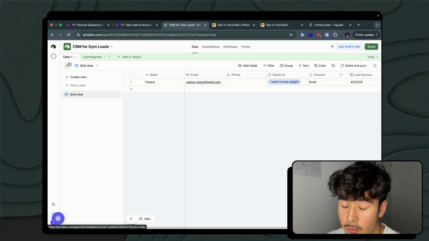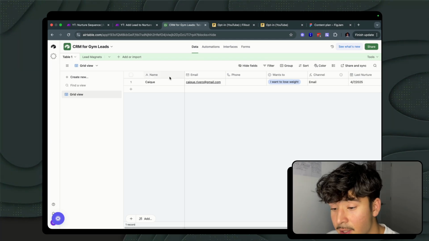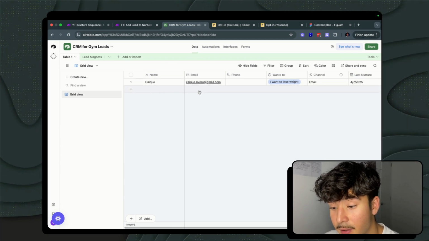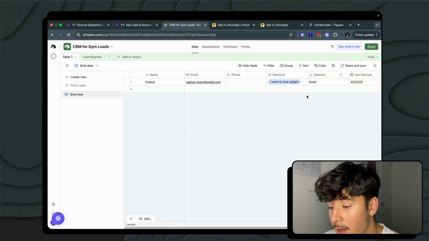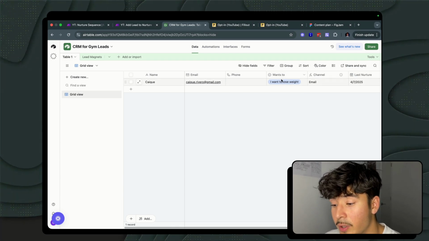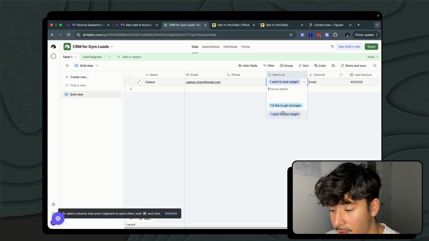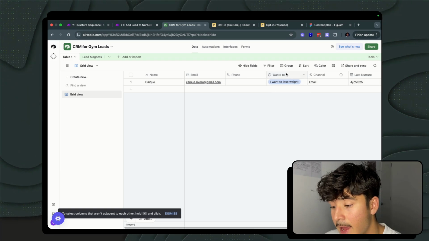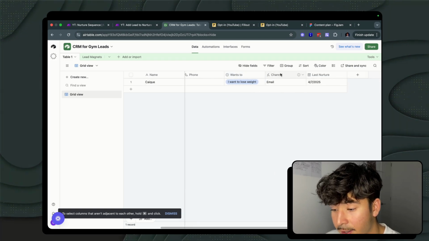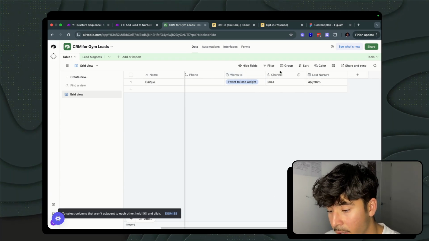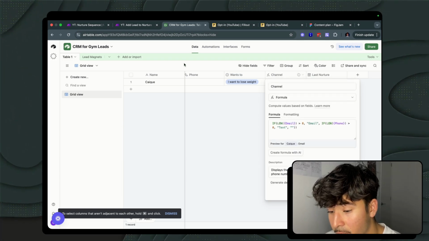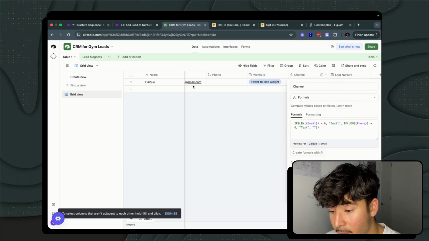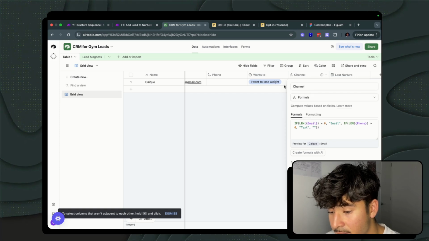One is table 1, which I should have named something like leads coming in. So here we have the name, the contact details, whether it's email or phone number, depending on what they replied with, the answer of what their goal was, so either lose weight, or you can see down here, I'd like to get stronger. And now this here is a formula that I asked the Airtable AI to make me, which was just to return email if the email field existed back over here,